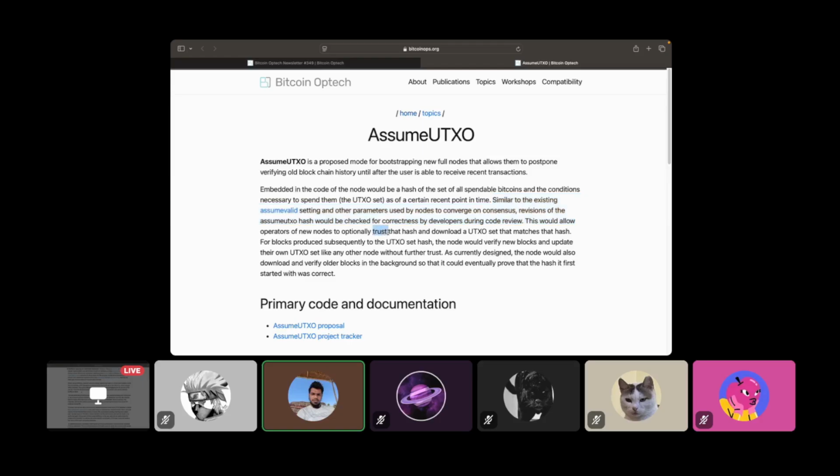Every single time you refer to a hard-coded value without validating it, there is a level of trust involved. Even if you're referring to the checkpoints which are hard-coded, there is a level of trust involved. Even if you are bootstrapping a node and you refer to the hard-coded nodes to obtain addresses, there is a level of trust involved. Even if you're using AssumeUTXO, there's a level of trust involved. Even if you're referring to assume valid, there's a level of trust involved. If you're referring to SwiftSync, the proposal that we are talking about, there's a level of trust involved in it